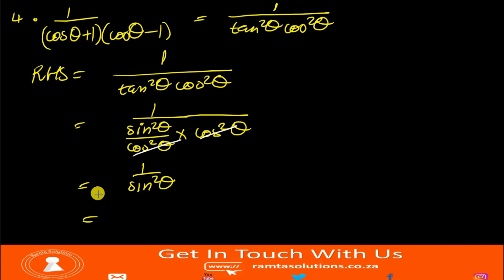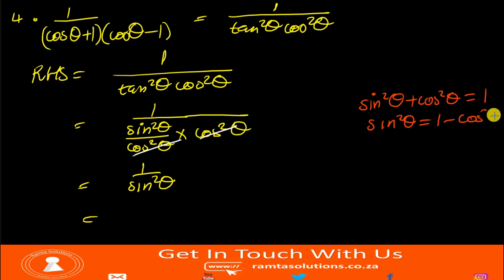Now, you have sine square theta. This is not what we are looking for. However, you remember the square identity, right? Sine square theta plus cos square theta is equal to 1. So if you make sine square theta the subject of the formula, you'll be left with 1 minus cos square theta. This therefore implies we must say 1